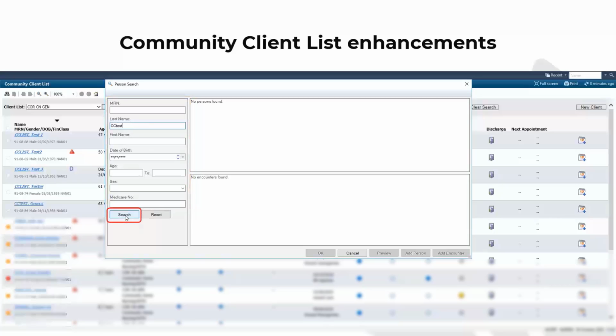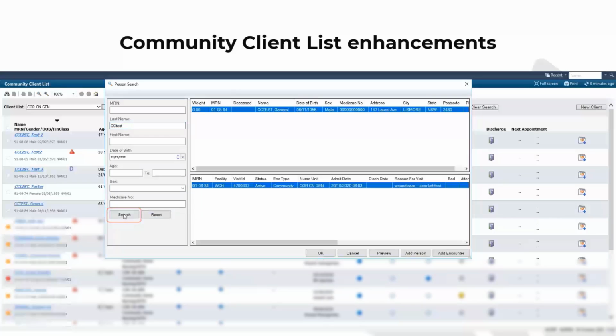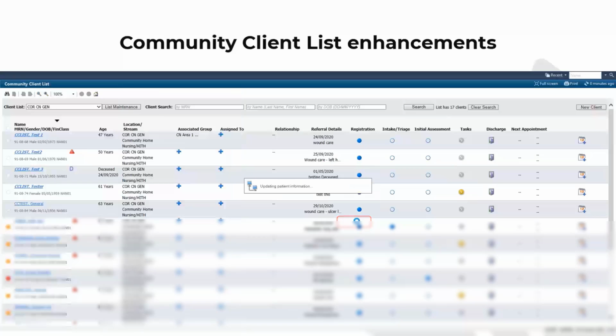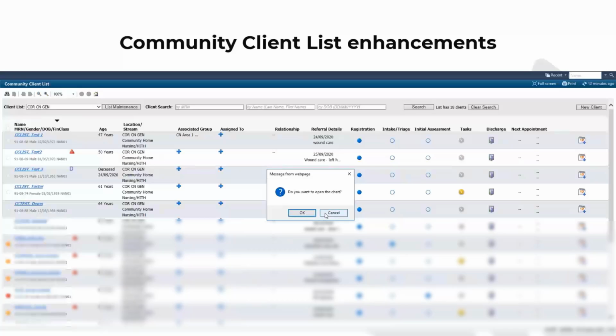I'll complete a new community registration to demonstrate. First, I'll search for the client and review the displayed list. I'll add a new client, so I'll select Add Person. To save time, I have filled in the community client registration fields. When I click OK, you can now see that there is a message that displays stating, "Do you want